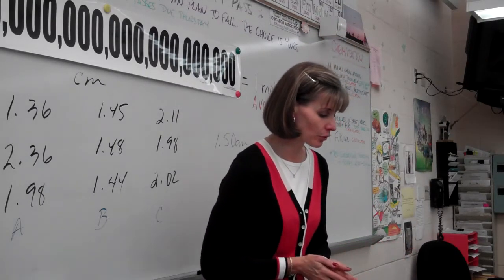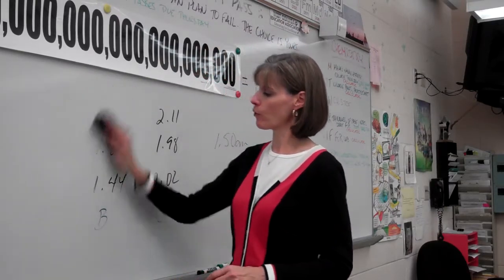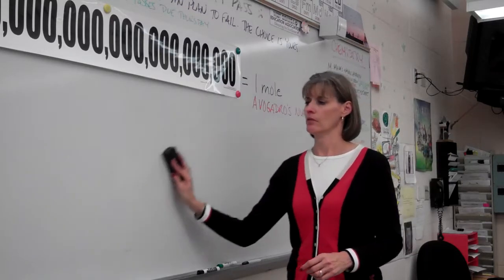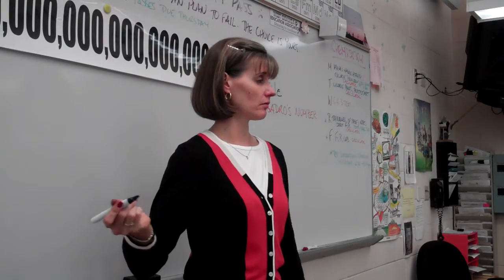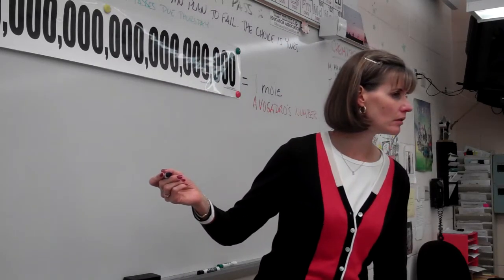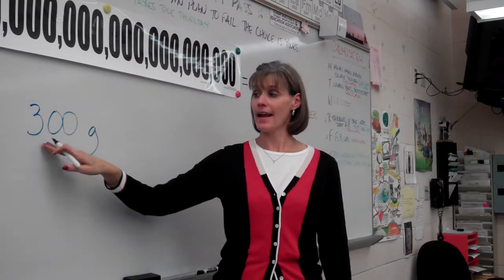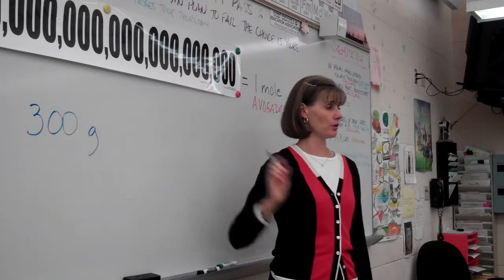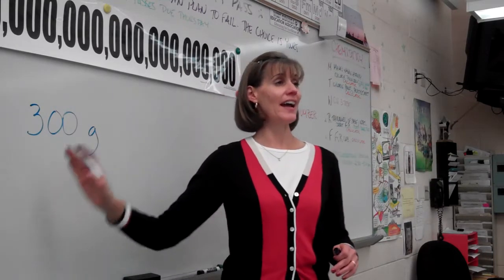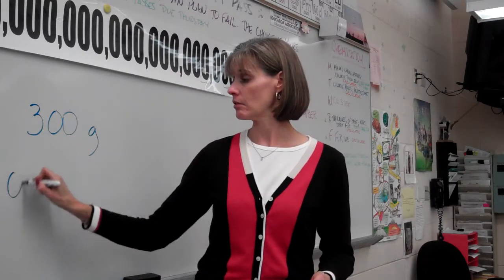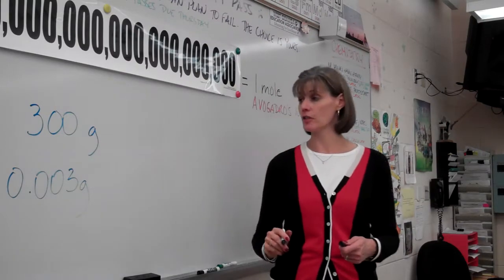27. Each of the SIGFIG rules, especially for zeros. So what can you tell me about zeros that come after numbers but before decimal points? Zeros after numbers but before decimal points. Can you give me an example of a number like that? 300? 300 grams. After number, before decimal point. What do we know about those zeros? Michael? They don't count. They are placeholders. Placeholders. How about zeros after a decimal but before a number? Like the opposite. Those are also placeholders. Okay, not significant digits. How about zeros